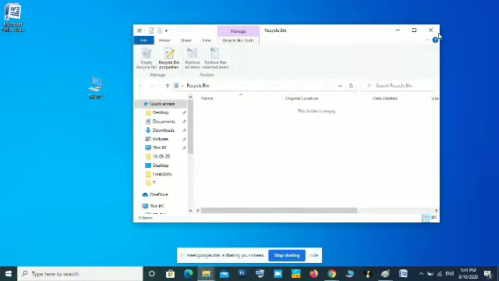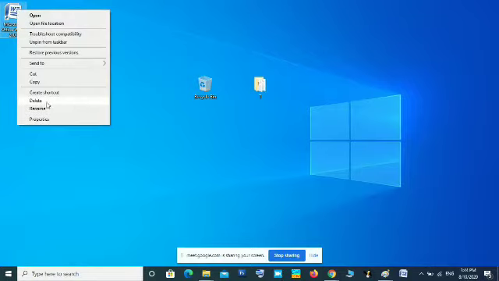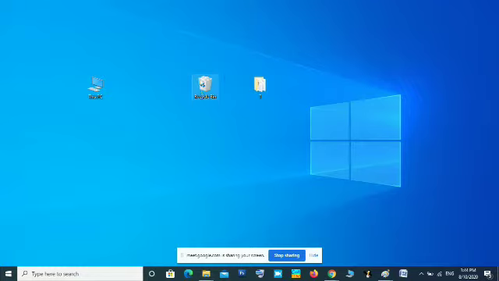Okay, if you don't want to move it to the recycle bin and want to delete it permanently, then press and hold the shift key and press the delete key. Okay, that is the second method. Then another method is to right click on that icon, then select the delete option. This also will move it to the recycle bin. Select the delete option. Now you can see it is in the recycle bin.